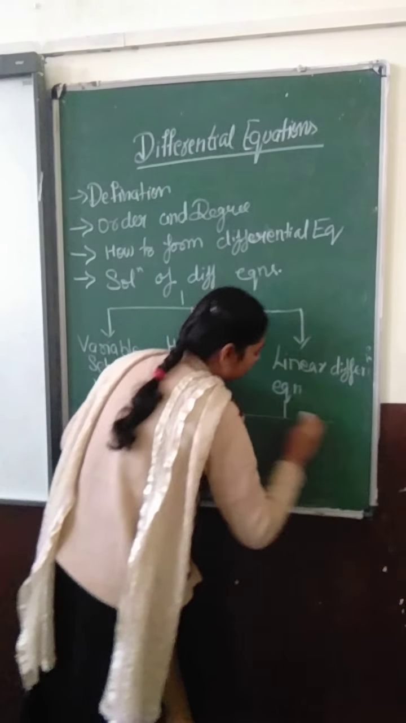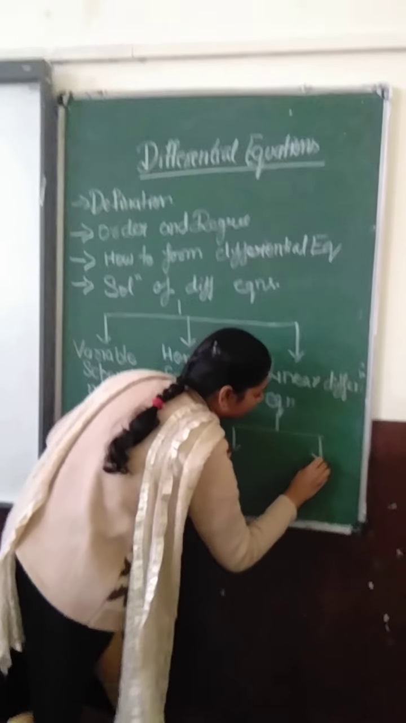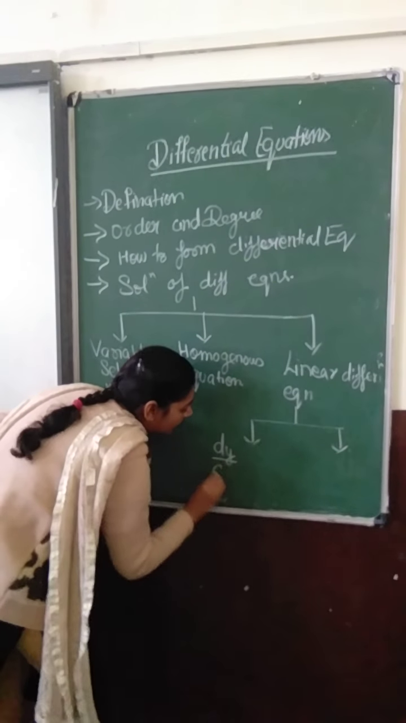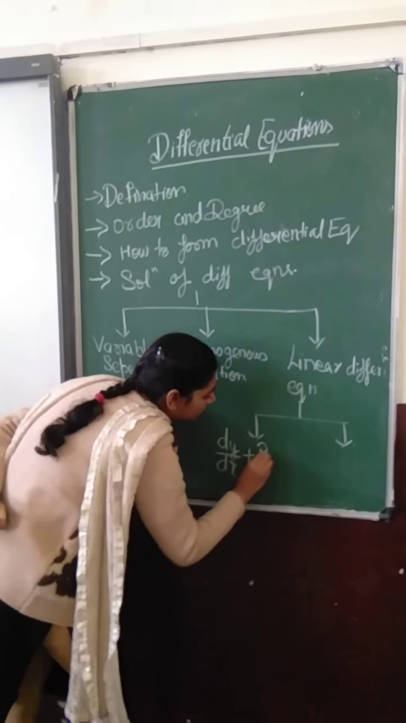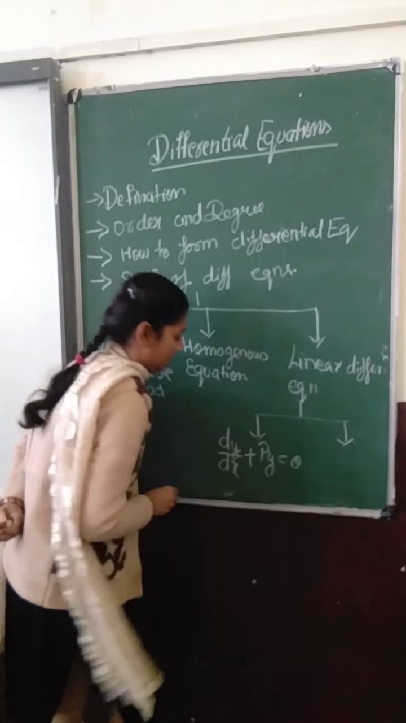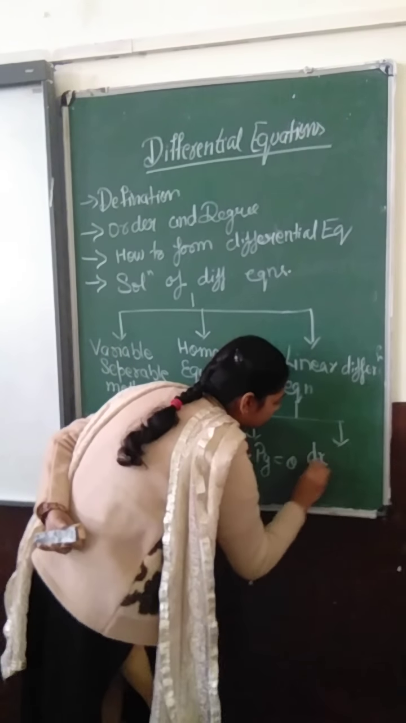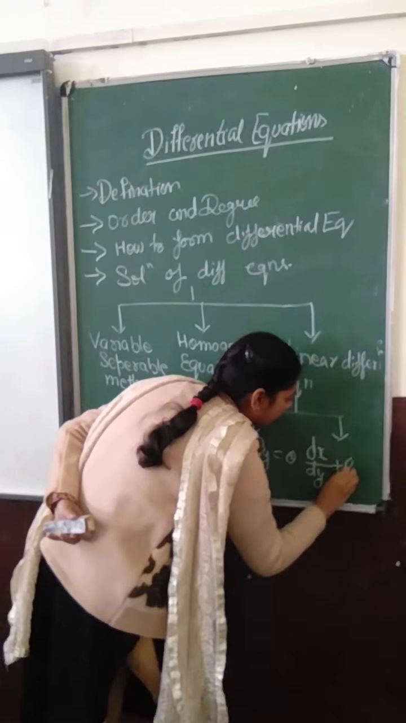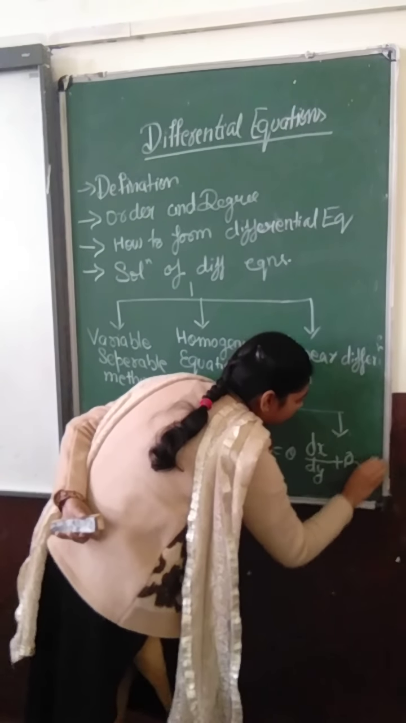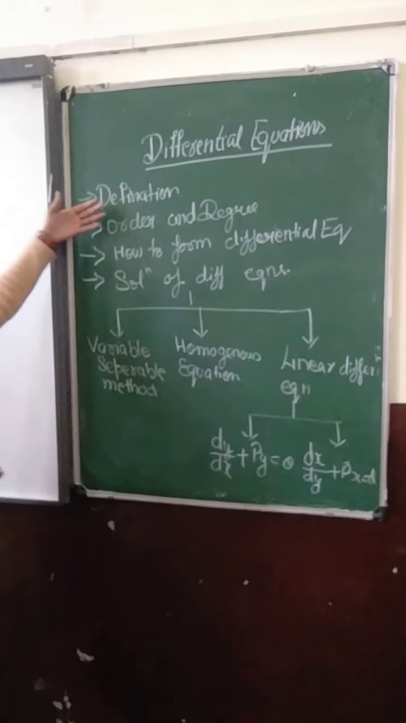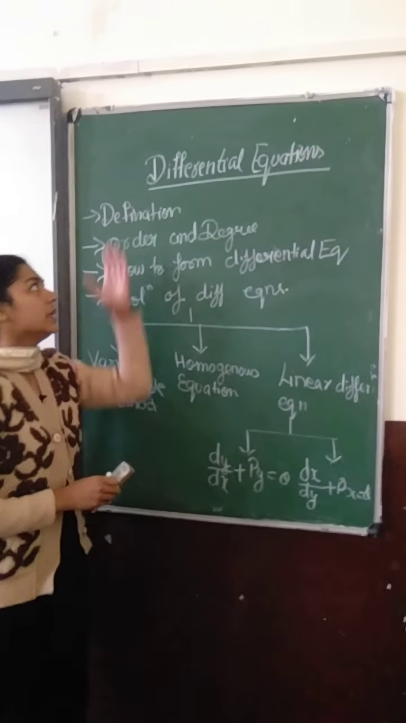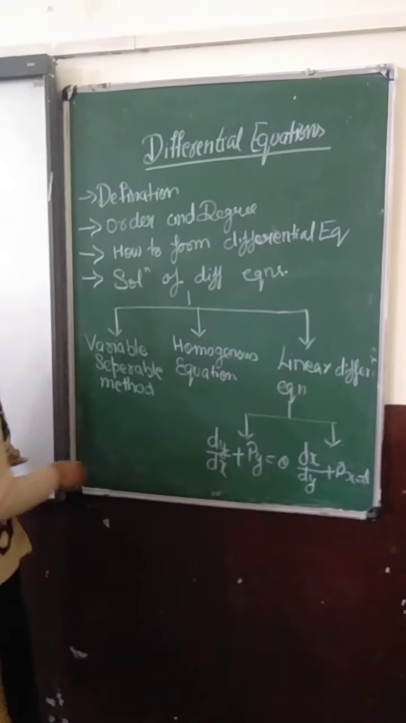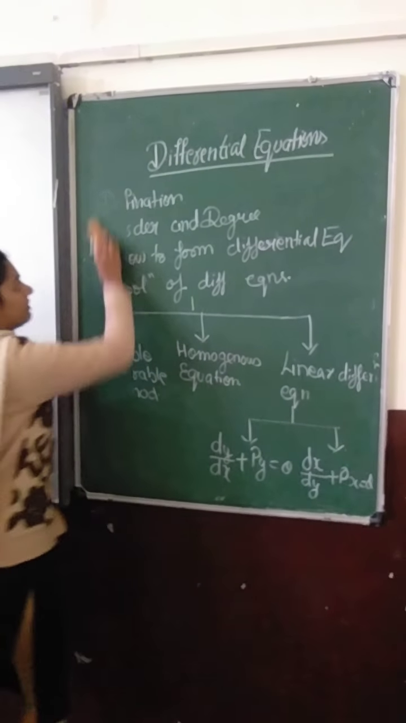In this, it has further two types, that is differential equations of the form dy by dx plus py equals to q and dx over dy plus px equals to q. So these are the topics we will study in differential equations. Okay, so let's start with the first topic,